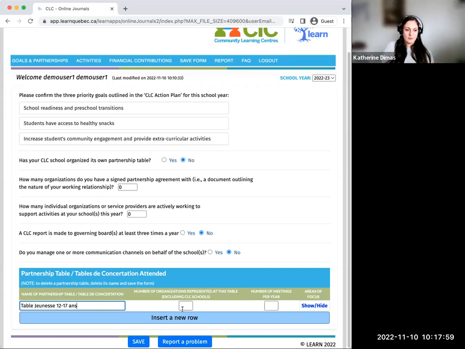Then we ask the number of organizations represented, excluding yourself, excluding the CLC schools. So this particular table had 6 organizations sitting around. So there was a representative from each one of those organizations and or schools and or institutions that were around the table. And the number of meetings per year. So obviously you can go and change this at the end of the year if you've had additional meetings. Typically they'll meet 3 to 4 times a year. This little button